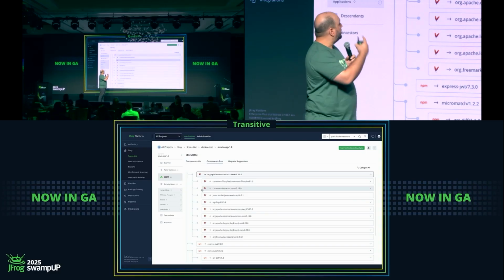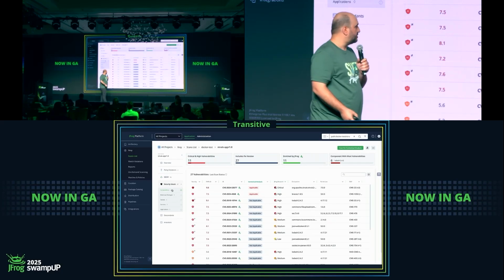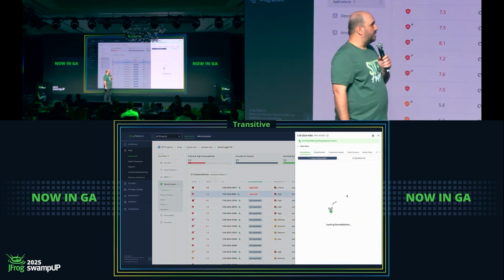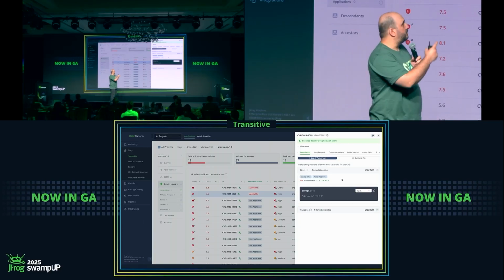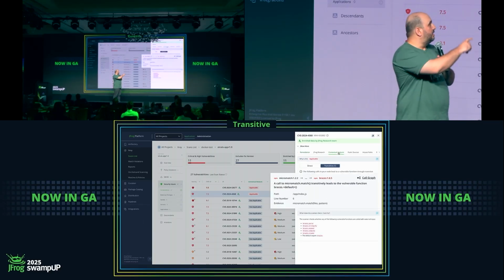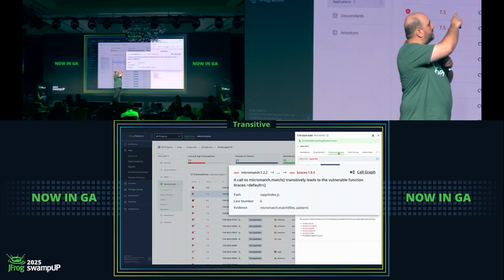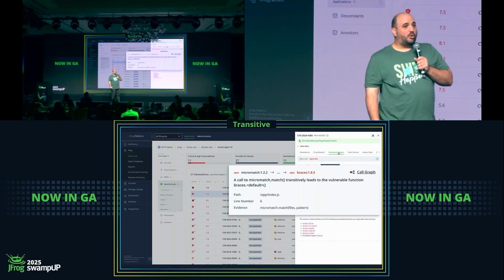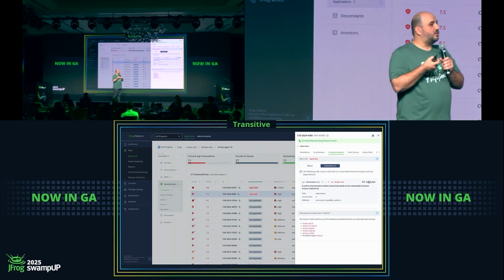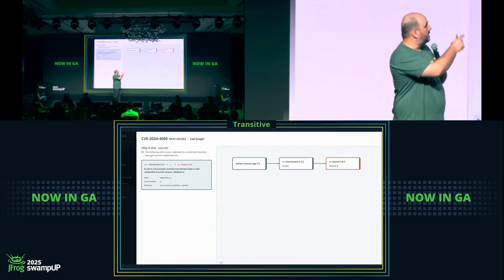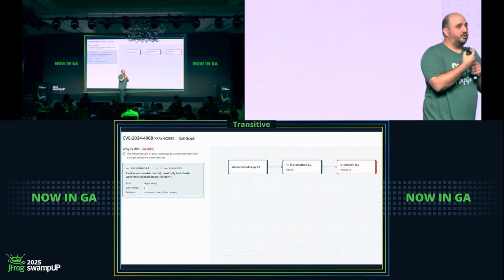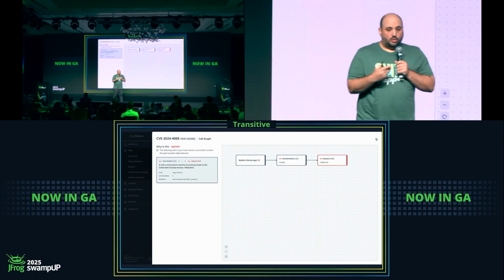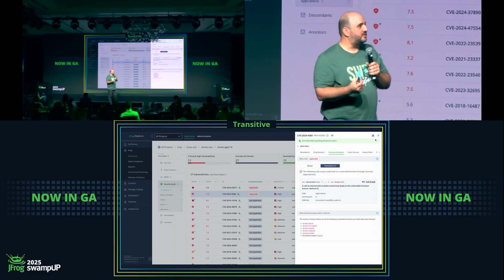We can also see this is enabled for Java as well, not just JavaScript. So going back to the vulnerability, we want to understand more details. We want to understand how it is applicable. So we open our tab here, and we can go to contextual analysis and see really what's happening. We see that the match function in micromatch is calling Braces. It's initializing a constructor and calling that vulnerable function. So really we have an application that is calling micromatch, that is calling Braces. And we can see this as a graph here. This is just a very simplified example, but this happens all the time, and it can go as deep as you want. So now we can know whether micromatch is using Braces in a vulnerable way.